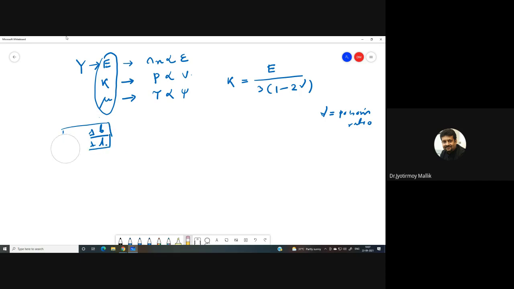Now, bulk modulus is related to Young's modulus with this formula. Similarly, shear modulus is also related to Young's modulus with a formula, and here also this is Poisson's ratio. Okay. Now, with this knowledge,